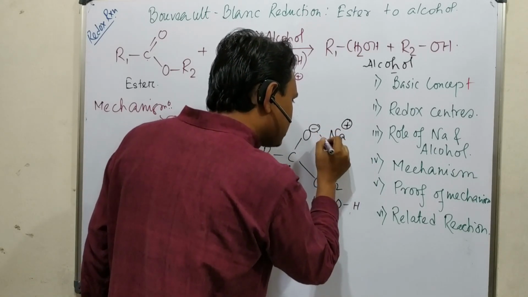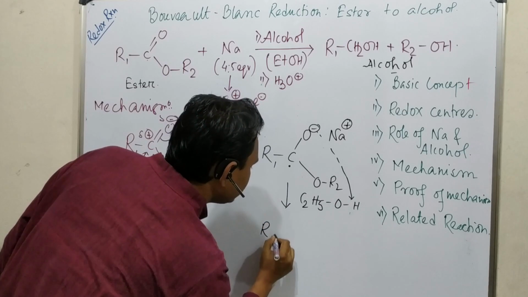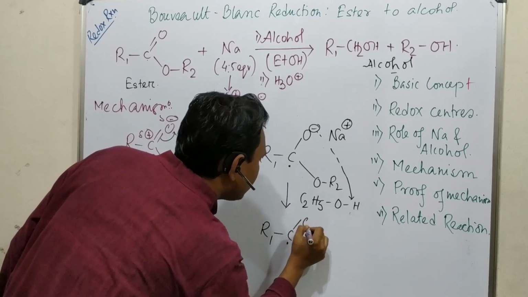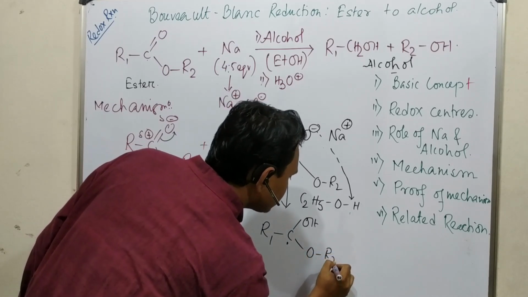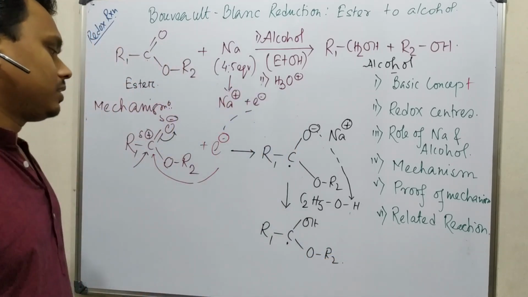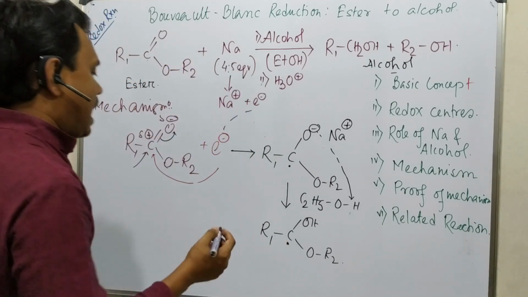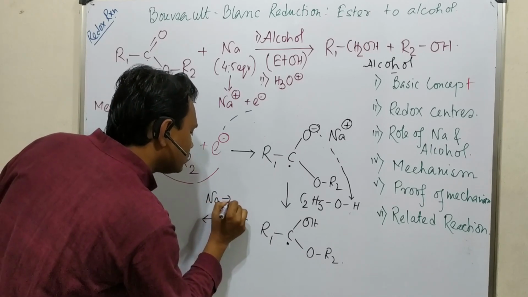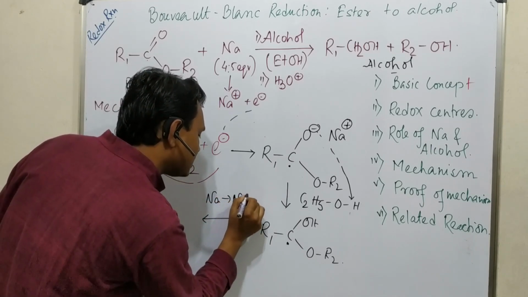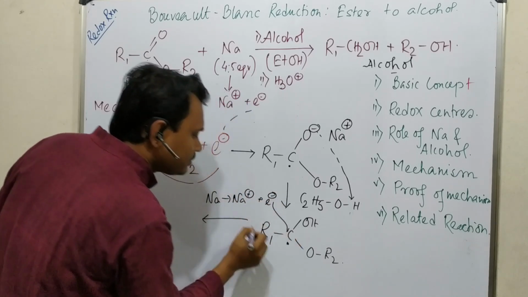Now this will abstract this proton. So what is the thing? R1 C dot OH OR2. Fine. Okay. So this is produced. Now after that it abstracts this sodium to sodium plus electron, and that electron again attacks here, because this is